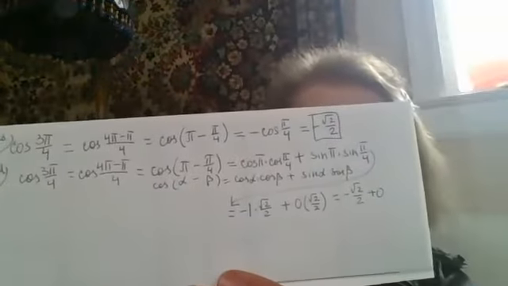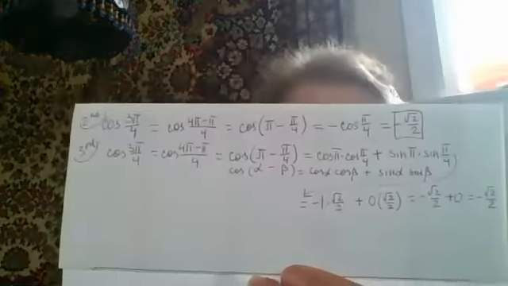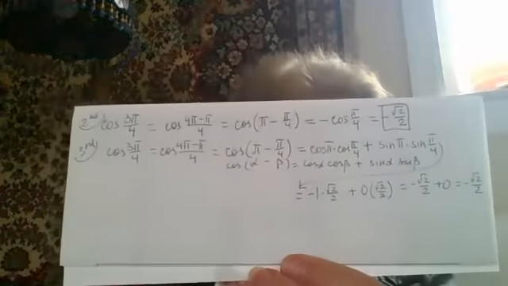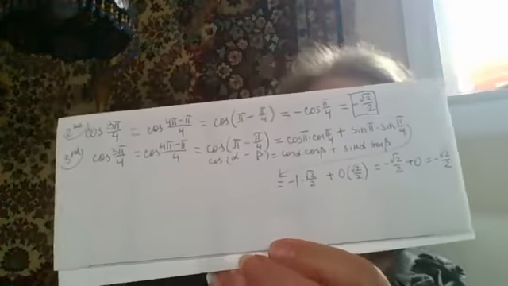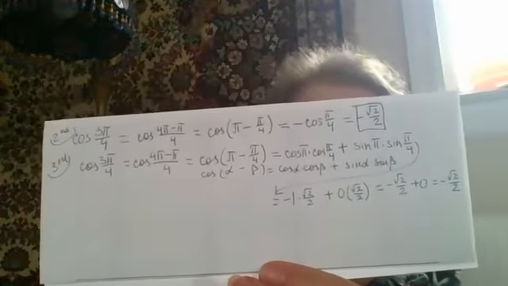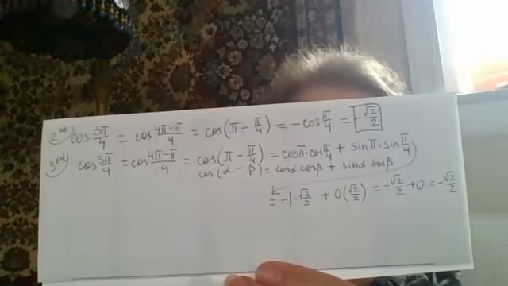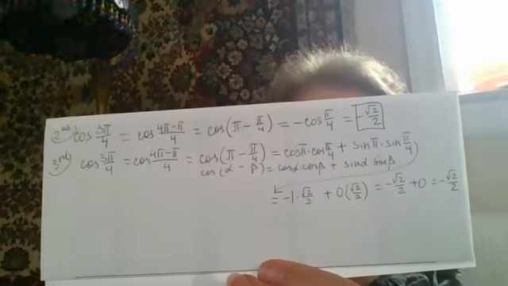If you are adding negative square root of 2 over 2 and 0, is it negative square root of 2 over 2? Yes. Yep. And this is the third method in which I also prove that it will be negative square root of 2 over 2. Dear Bhaktima, are you satisfied with 3 different methods? Yeah, thank you. You're welcome.